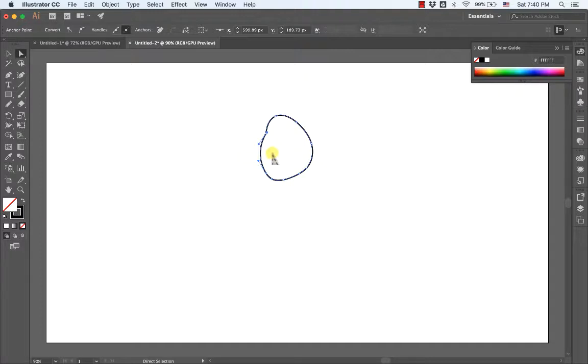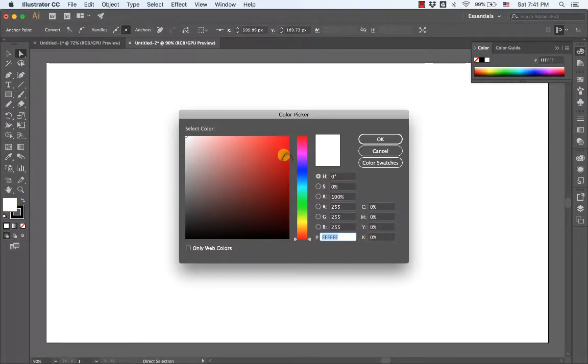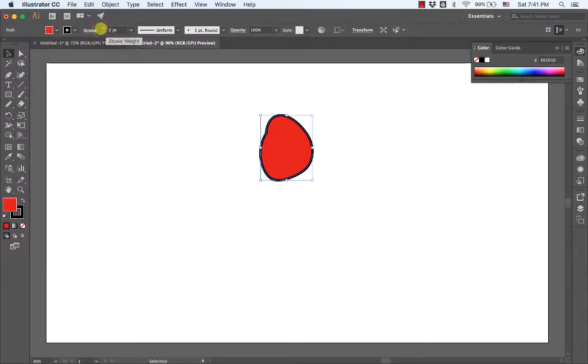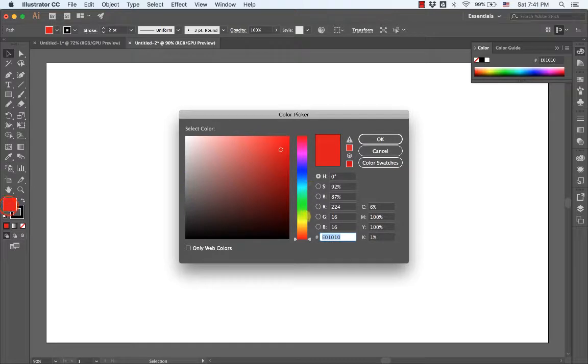So if I want to have a fill color, I can click this. Now it's filled it with the color white, which is the same as the background, but let's change that. Let's give him a red face. Okay. And then if we select the thing, we can go up here and adjust the stroke width. Maybe let's have everything be a 2-point stroke width, and you can change either of those colors afterwards too. So let's click on that. Let's change it to a